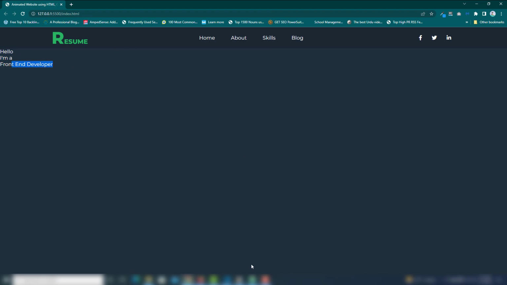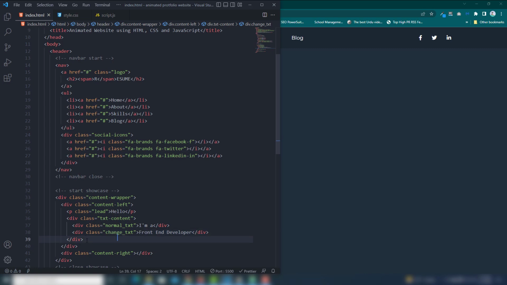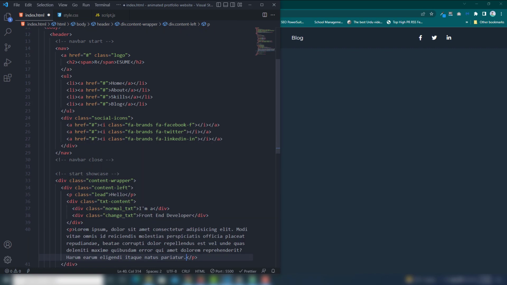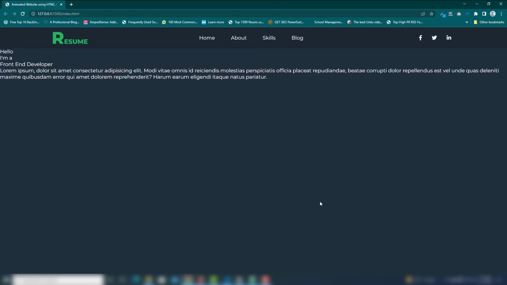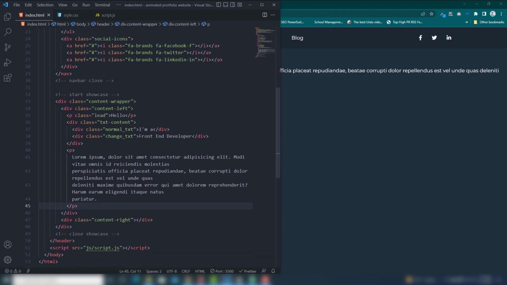Perfect. Also we need to add, after the content text, you need to call the paragraph and call the lorem 40. So perfect, right? So then we need to add the buttons.